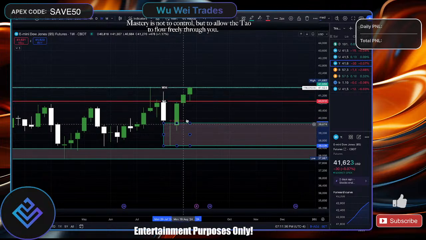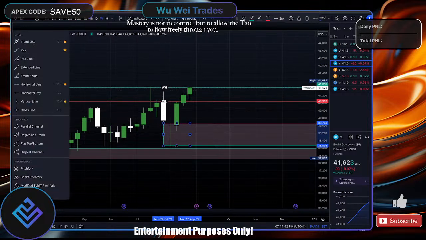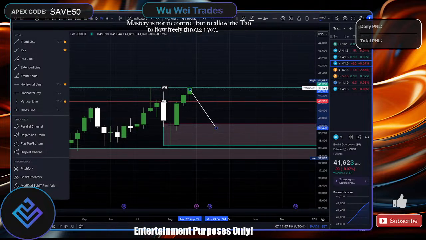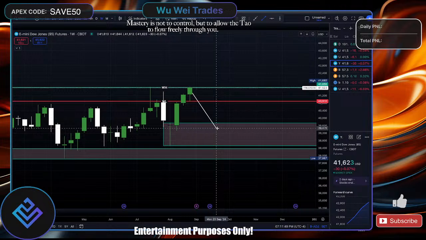As we're seeing, price hasn't come down here yet on the weekly. So at some point, price must come down, because there's always some type of retracement before the next leg up, right? And the next leg up, right? So